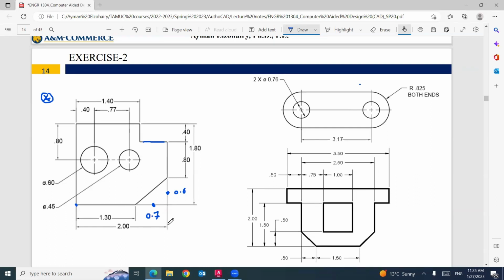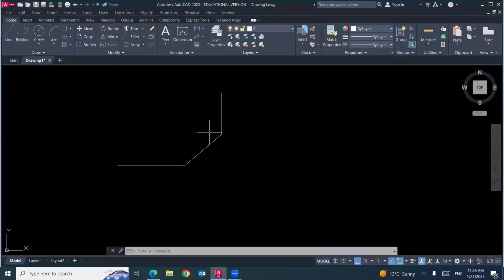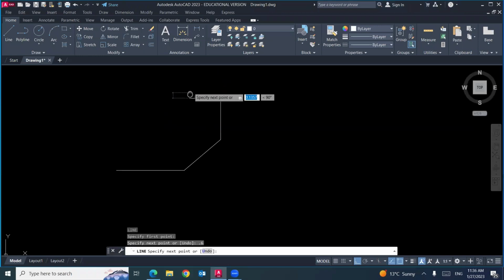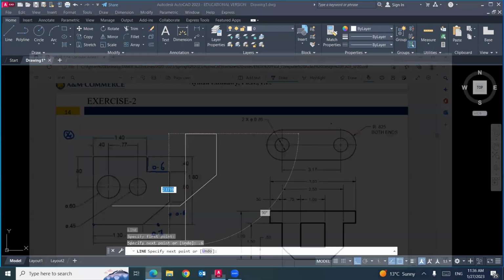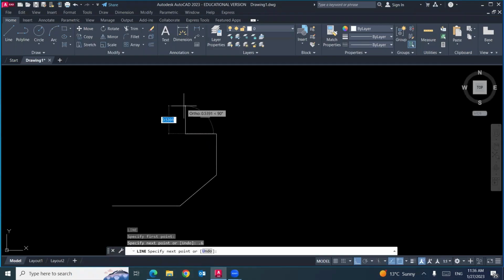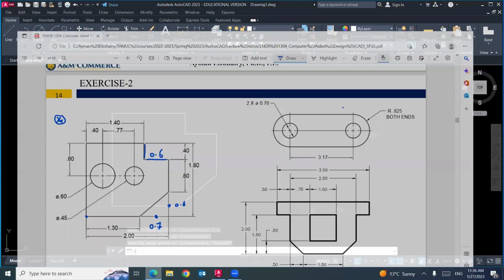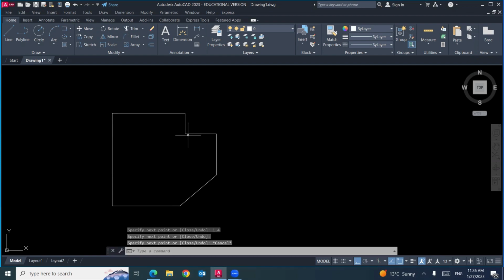I will go vertically, 0.8 we did, and horizontally here, how much? This one is 1.4, this one is 2, so this one will be 0.6. And vertically, how much? 0.4, and then 1.4. So I will move line, enter. I will start from here in the point. I will move horizontally, how much we said? 0.6. And vertically, how much? Don't click. I will move forward in the direction I'm looking for. Write the distance, 1.4, enter. I am done. And then I will go down. That makes sense? So I drew the outside perimeter of this shape.